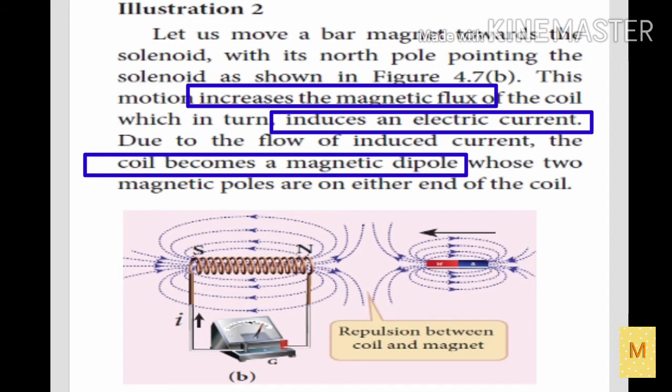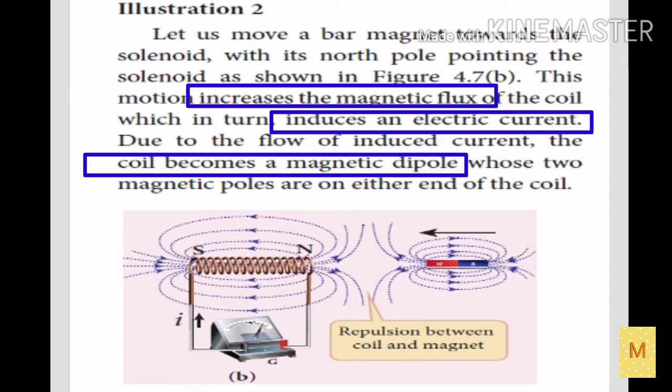Next one is about illustration 2. This illustration tells that the solenoid will behave as a magnetic dipole when the bar magnet is made to move towards and away from the solenoid. So let us discuss that. Look at the picture. A bar magnet is taken and the north pole of the bar magnet is moving towards the coil. In this case, the magnetic flux linked with the coil will increase and it will induce an electric current. This flow of induced current through the coil becomes the magnetic dipole,